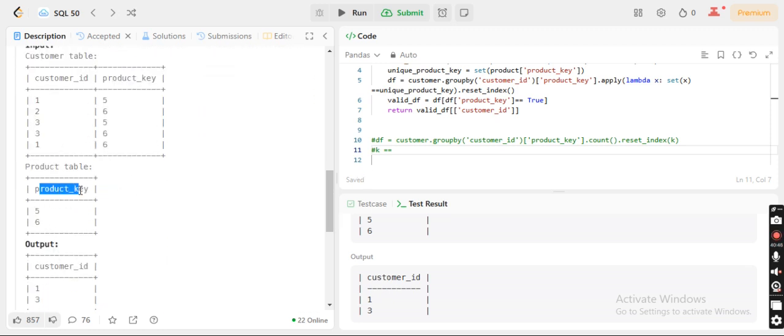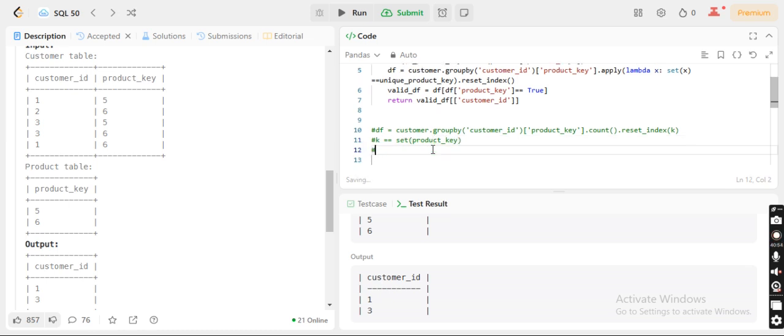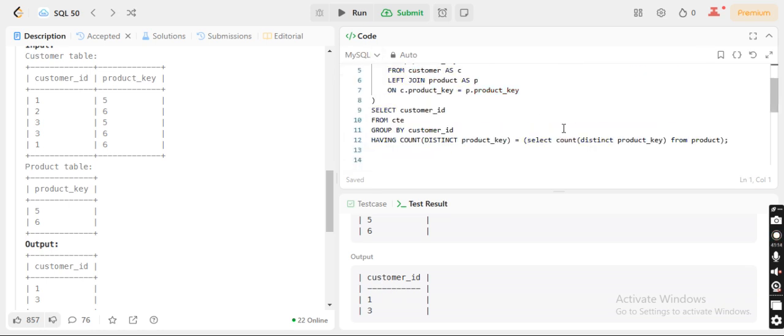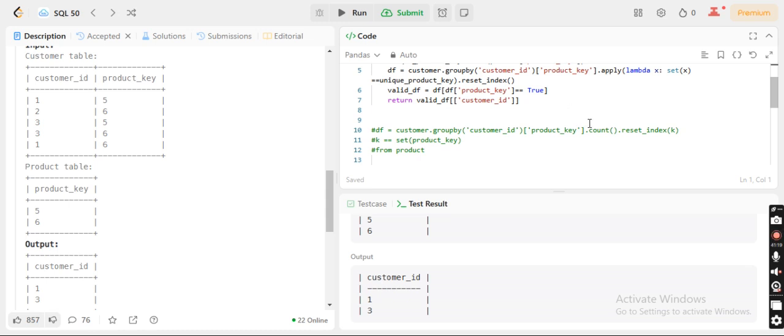the set of this column, meaning the set of product key from the product table. So this is the idea which I have shared with you. It is a blueprint type of thing. You can try it. We can also use some aggregation function and try, because if the count function is working in SQL, then actually you can use a count function over here also. There is a chance. You just have to see it.